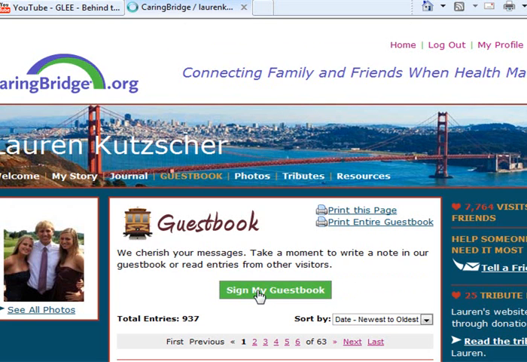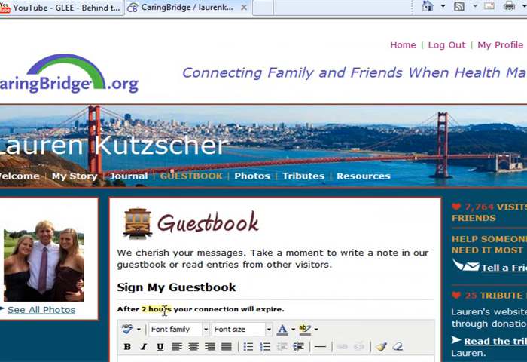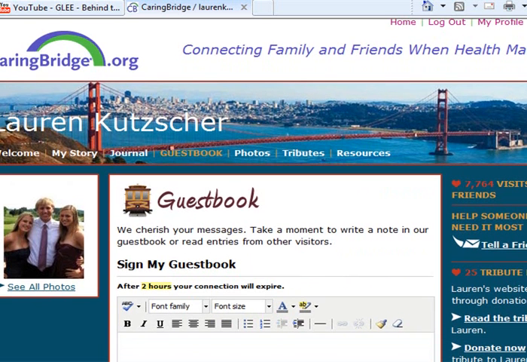So when you say sign my guest book, you really go into a word processor. This is a word processor. And if we move down just a little bit, where you put in all the text that you want, just pay attention to one area right here, and you'll see it says insert or edit a link. This will change when you type in a word,